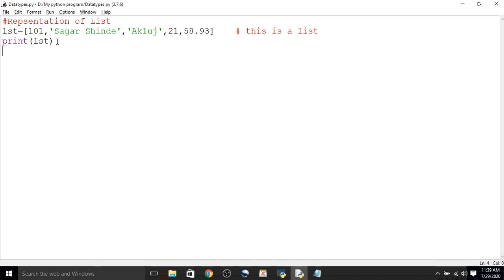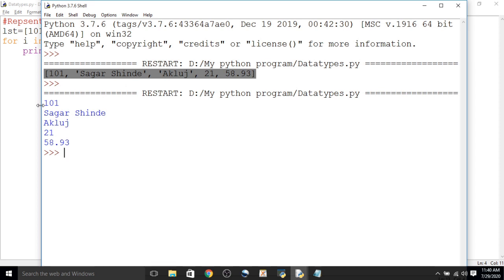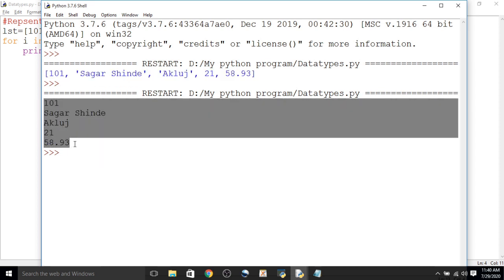If you want to display the elements one by one, for that we need to take a for loop or while loop. Suppose we are taking a for loop, for i in lst, print the value of i. Here we get one by one element from a list.